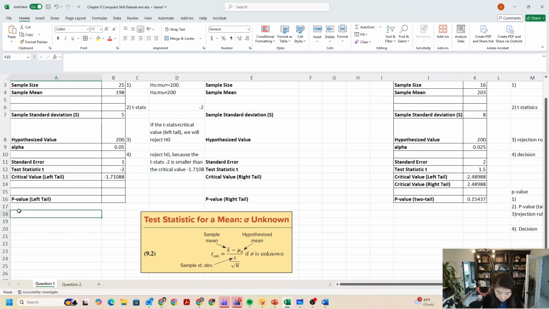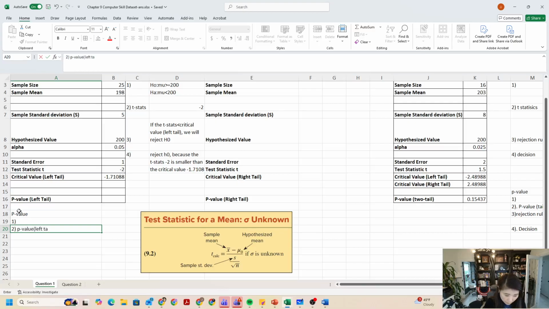I'm going to put it under here. For the p-value approach, again, the first step is still the same: set up your hypothesis. Then step number 2, we figure out the p-value for the left tail. How can we calculate the p-value for the left tail? We know how to do the two tails, so how about the left tail? Same idea, we still have to know the t-stat. You always need to calculate the t-stat before you can calculate the p-value. Now I'm going to introduce this formula, so make sure you know the differences. Remember the other one is T.DIST.2T, for two tails, but since it's one tail,